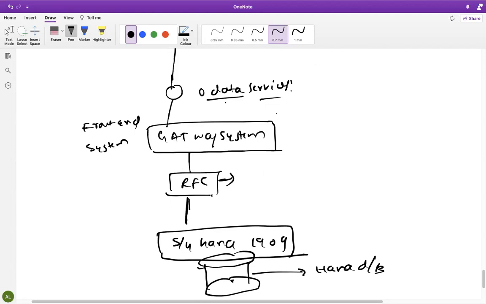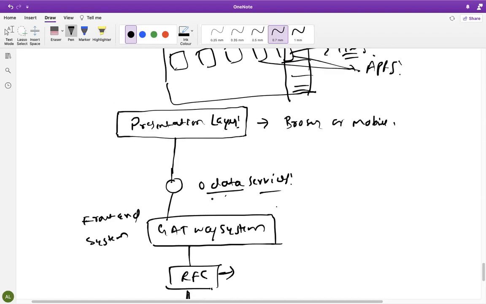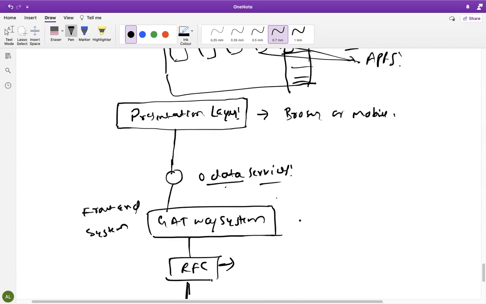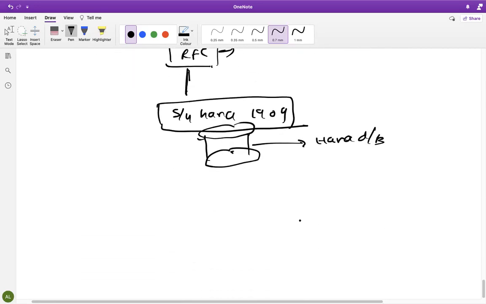Okay, the RFC connection, the ABAPers will set up, right? They will set up logical systems from here and on the end user side also, that is the Fiori side also. In between, the OData services will be linked, and then it is linked with your Fiori presentation layer. This is the architecture they are using. This is a Fiori architecture.